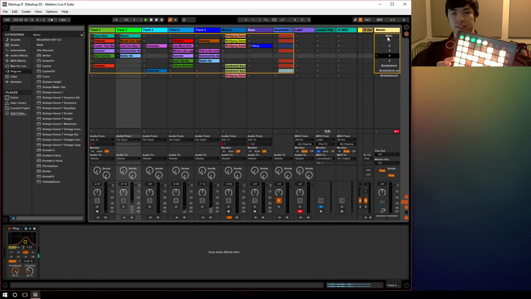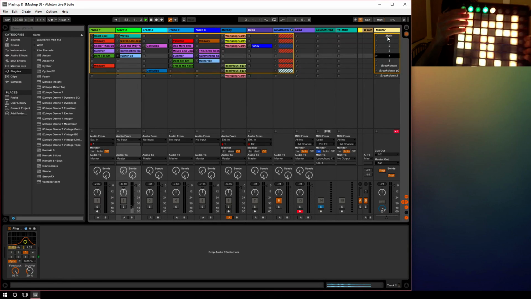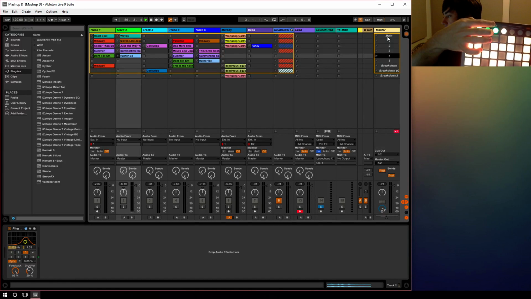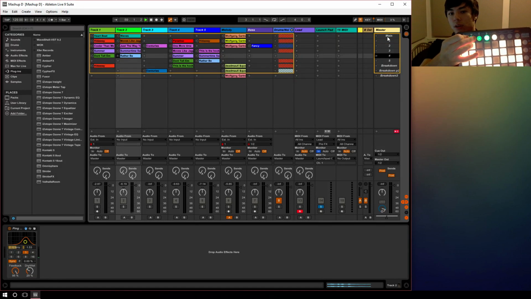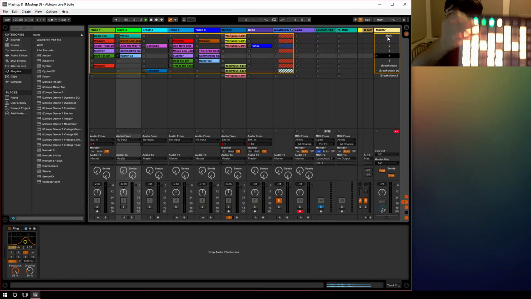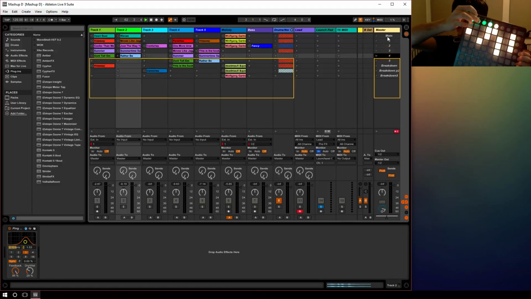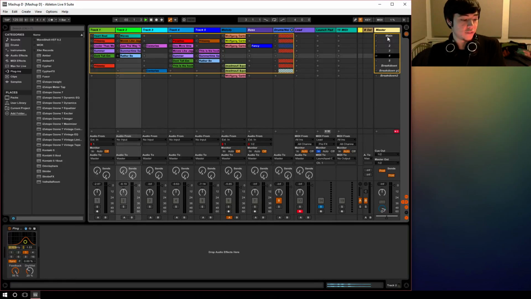The next thing we have to cover is the navigation buttons up here. As you can see, if I hold it to the screen, there's arrows above the buttons here. It's up, down, left, and right, and you can navigate around using them according to the buttons you press. I'm kind of doing it blind, and then as you can see, as I move, it kind of moves the grid on the Launchpad with it. So I hope this made it very easy to understand the basics of the session view as seen on the